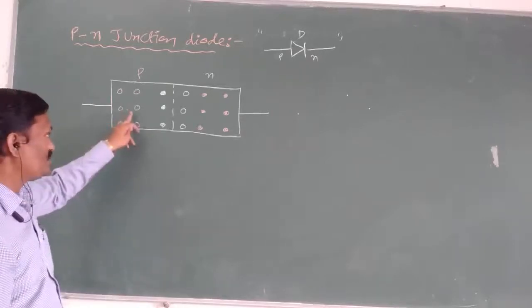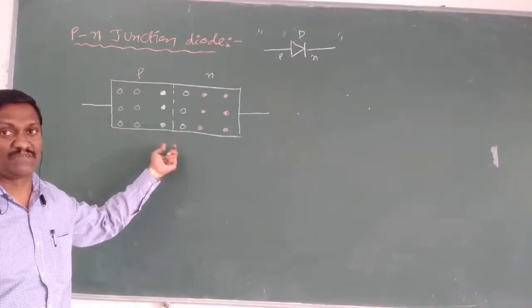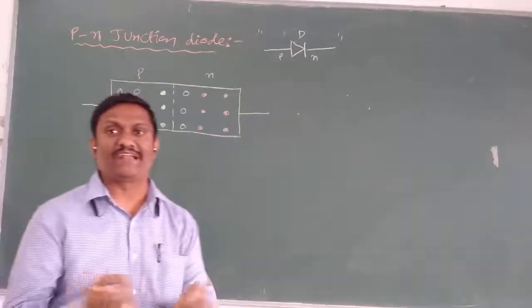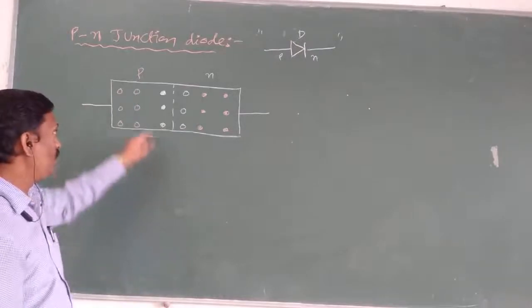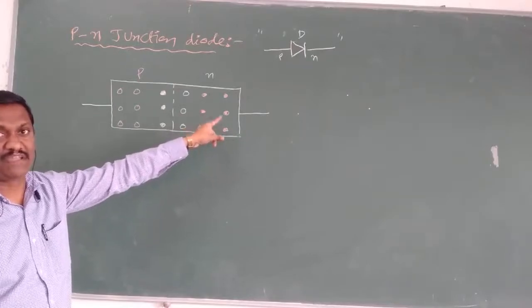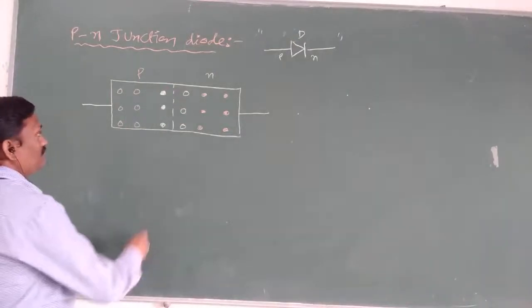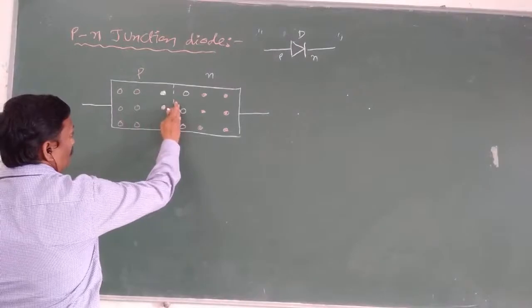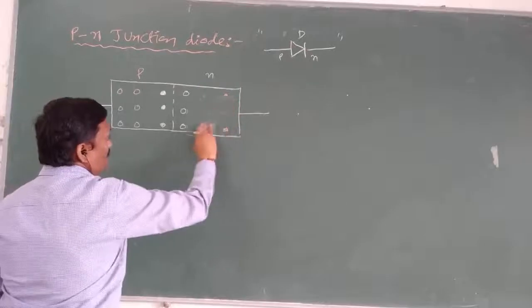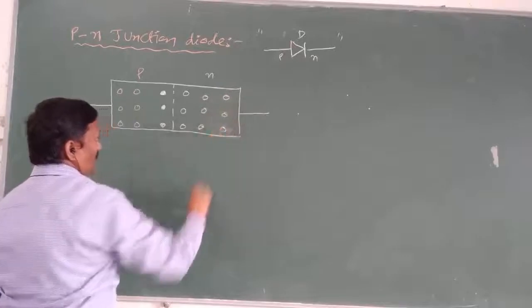We know holes have positive charge and electrons have negative charge. Here the majority charge carriers are holes with positive charge, and here the majority charge carriers are electrons with negative charge. Between opposite charges there are attraction forces. All the holes in the p region are attracted by electrons in the n region, and all the electrons in the n region are attracted by holes in the p region. Because of the attraction force, the holes in the p region cross the junction, enter the other region and occupy the places of electrons. After some time, the n region is full of holes.